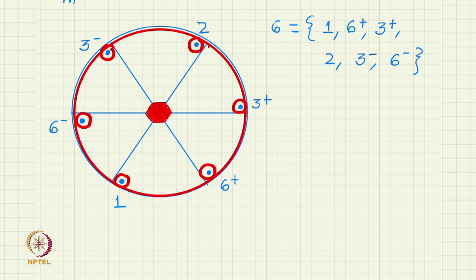So, now you have 6 operations of type 1. So, 6 by m, 6 operations of type 1 as for the 6-fold. So, 6 plus, 3 plus, 2, 3 minus and 6 minus,